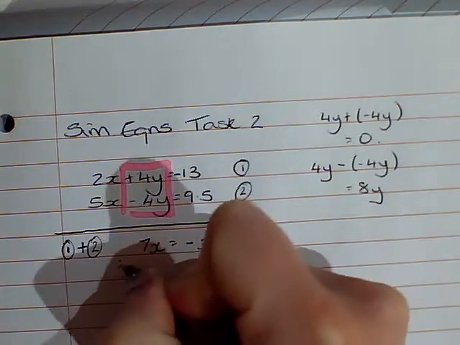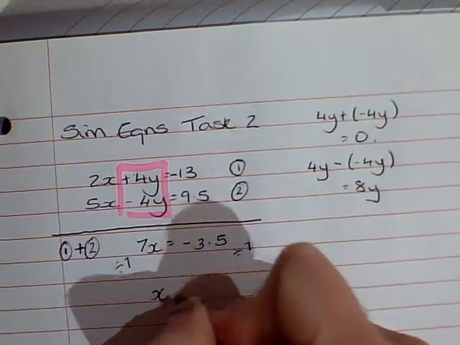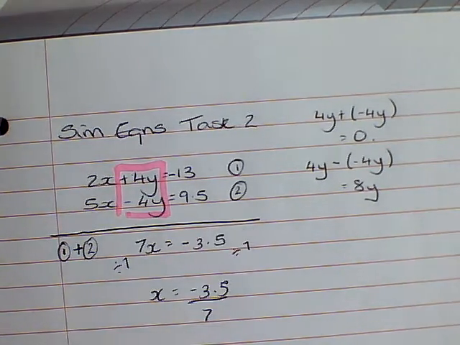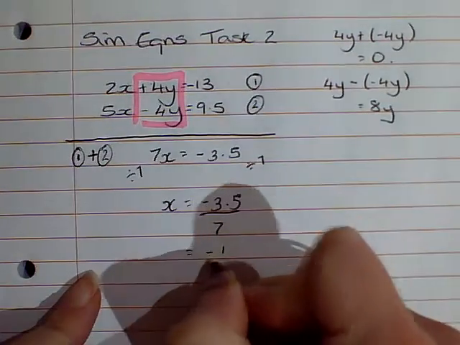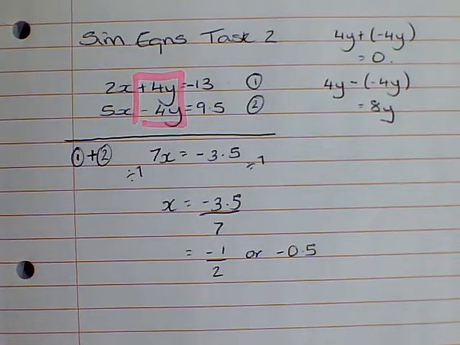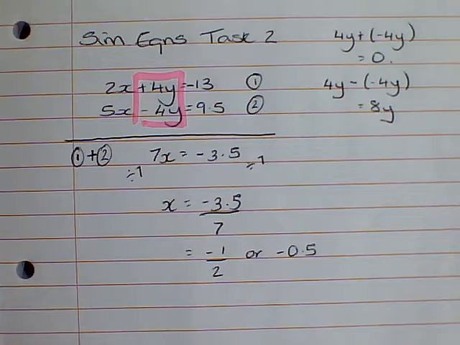Now I'm going to divide both sides by 7. X equals negative 3.5 all over 7, which is the same as negative a half or negative 0.5, however you prefer. But we do need to simplify it into one of these just to make it easier to work with